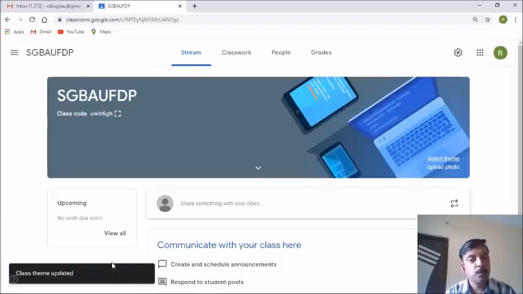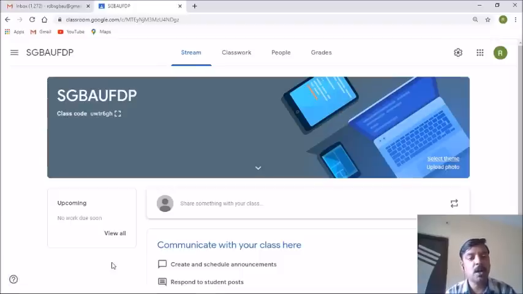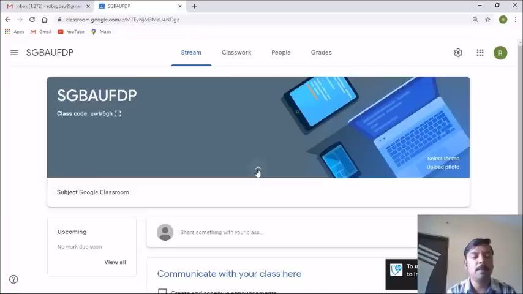I hope at this moment you have got the idea of how to create a Google Classroom. Creating a Google Classroom is a bit simple task. You have to click on these nine tools provided by Google. Under that, you have to choose Google Classroom. Once chosen, you can create your class by clicking on the plus icon. Once the classroom has been created, you put the name and all the details. This is the simple way you can create a Google Classroom.